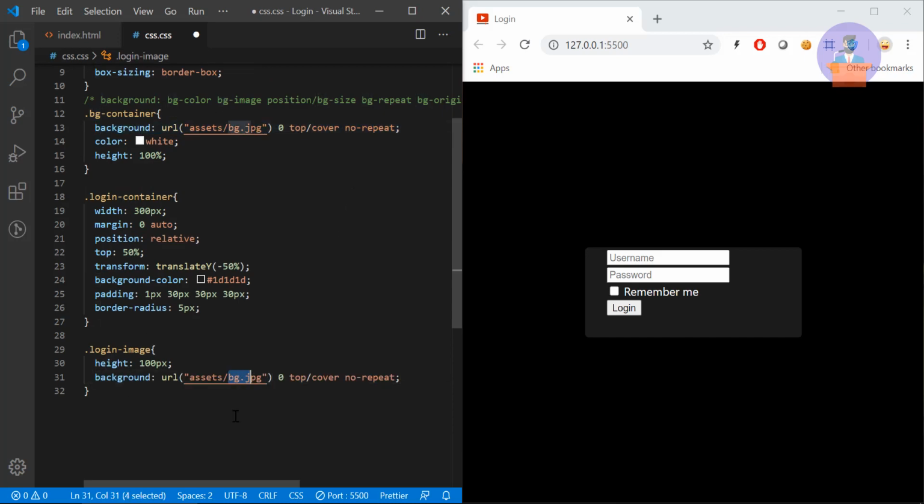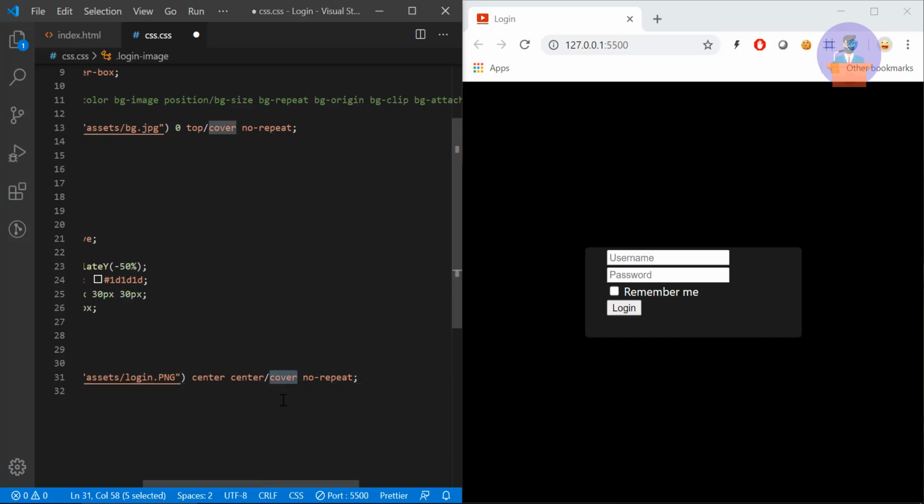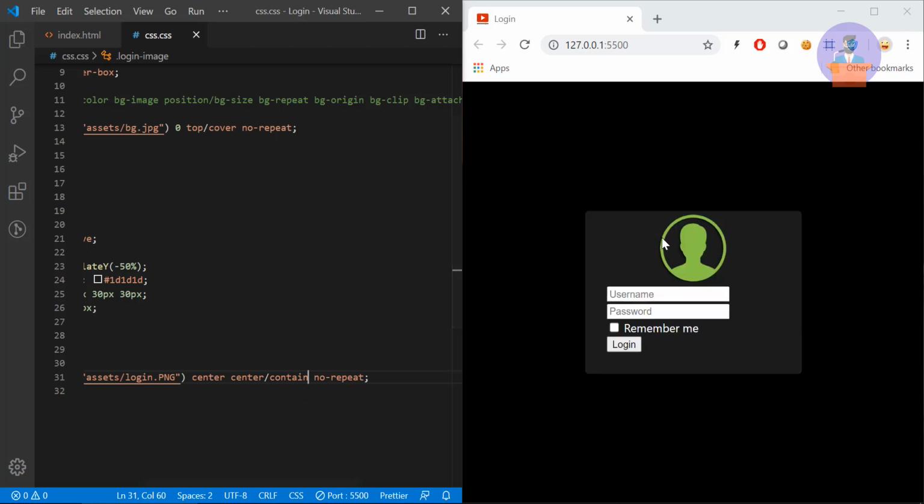So the background will be login.png, and it should be center aligned on the x-axis, and on the y-axis also it should be center aligned, and instead of cover we are going to use contain, so it will be contained inside our login element. Okay, and we will use no-repeat only. So here you can see we have a login icon over here.